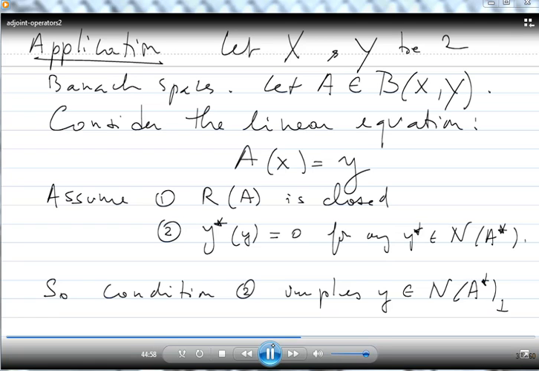But the null space of A star orthogonal is just the range of A orthogonal,